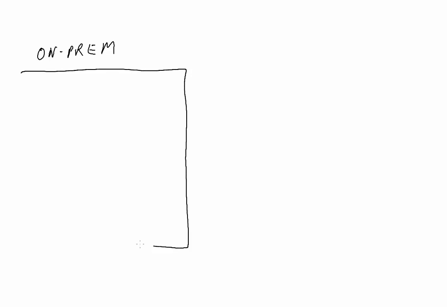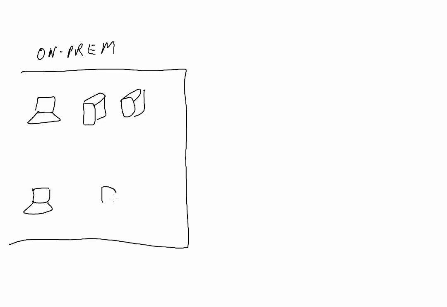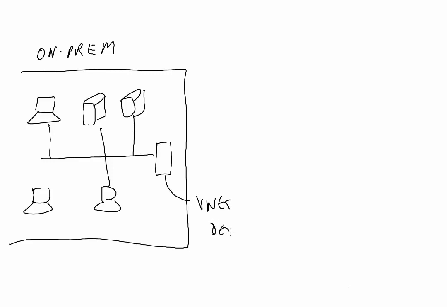So one of the things you can do is in your on-premises environment, so let's have on-prem over here. Let's just imagine that's your on-premises network. You've got workstations and servers and all the bits of infrastructure that you would expect in an on-premises network, all connected to a network. And what you can do is you can create a virtual network device here, and that can be